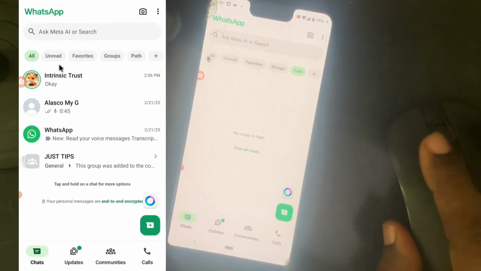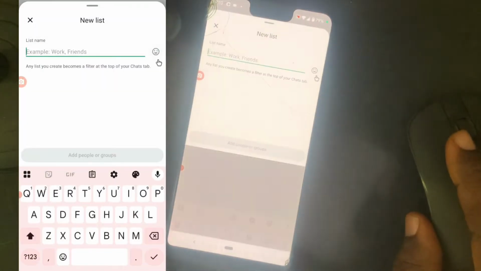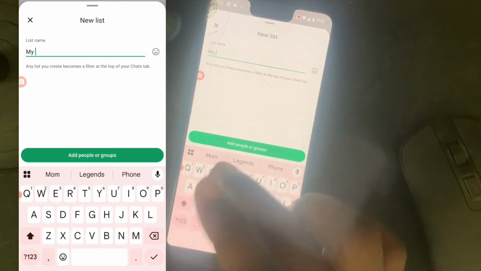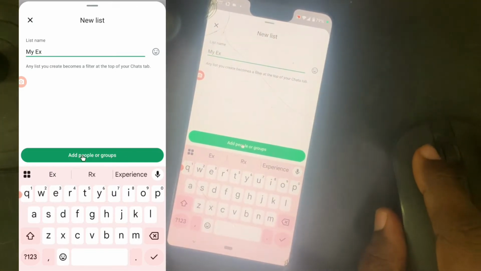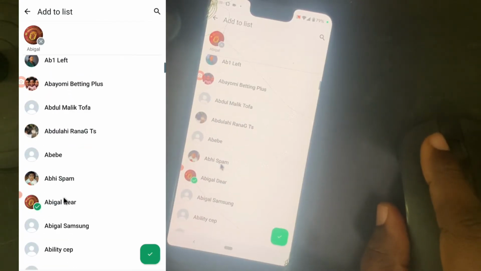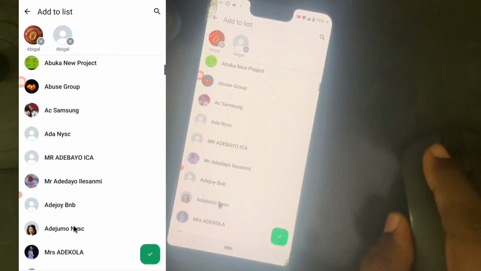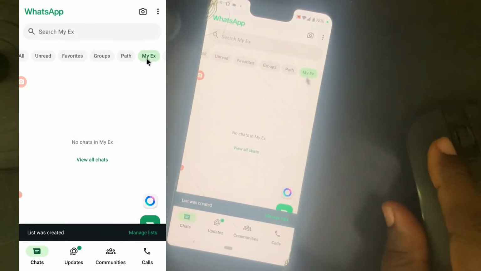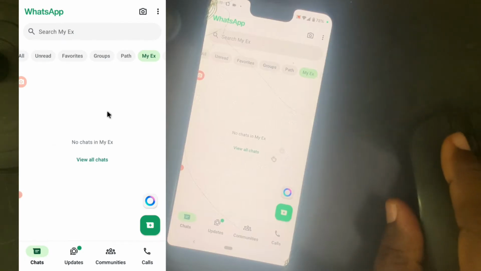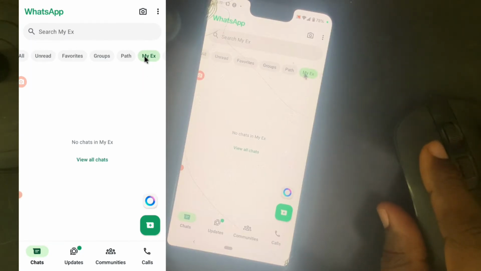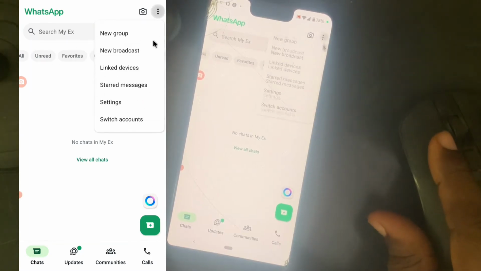So if you want to add an interesting one or another one, just click on this area and then just add a group. I can say "my ex", and then you click on add people or group. So you add all the people that you want to belong to this area. You add all of them, and then they are going to be appearing here under this area. But now if there is no message or they did not send you any message, you are not going to see anything. So in order for us to test it properly, let me go ahead and